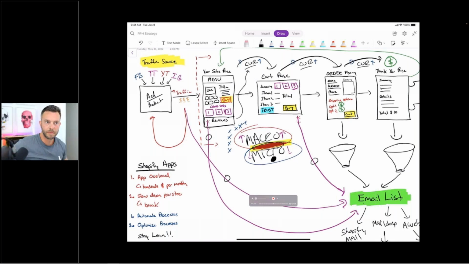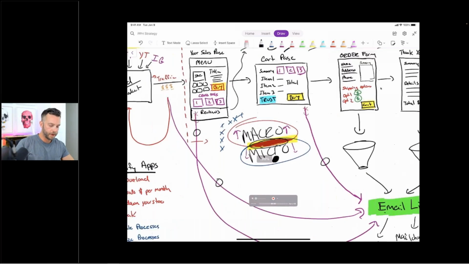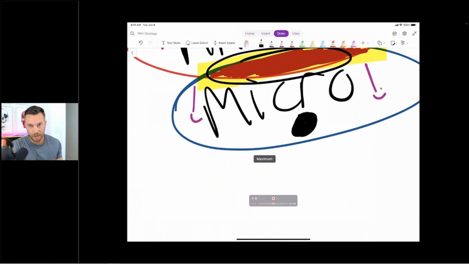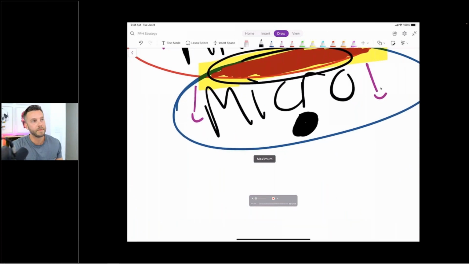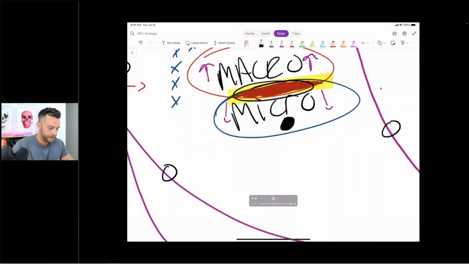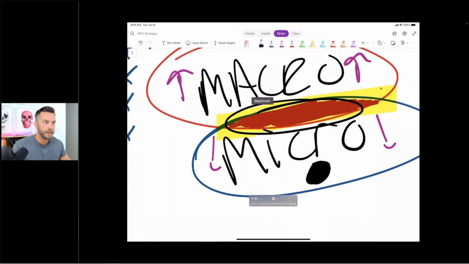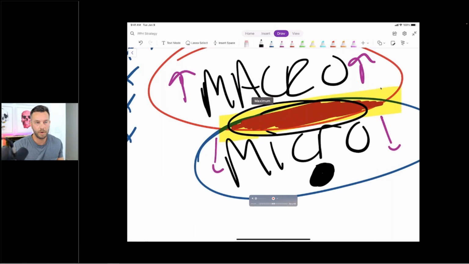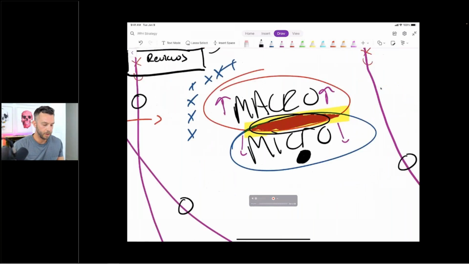Hurts your brain. Anytime you only focus on the micro, micro can go deep. It's painful. It's very painful. So what I want to do, again, is the middle area. I want you to get that overlap where you get the important macro and the important micro when it comes